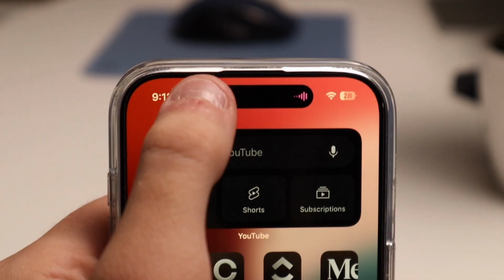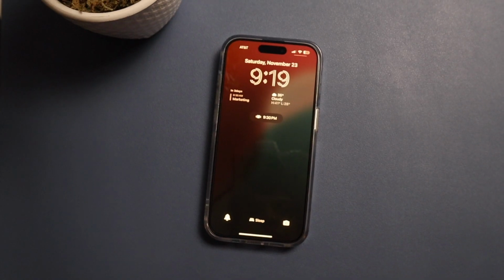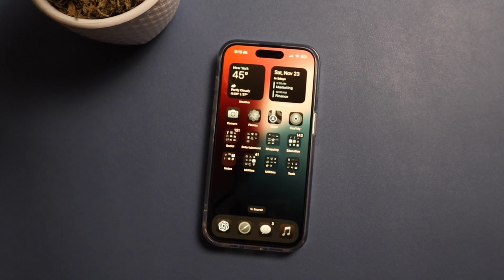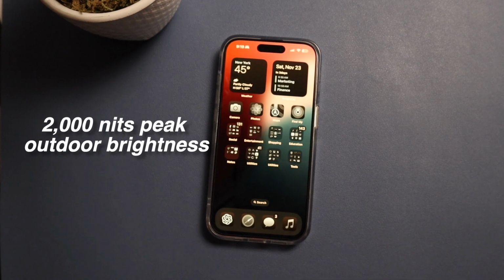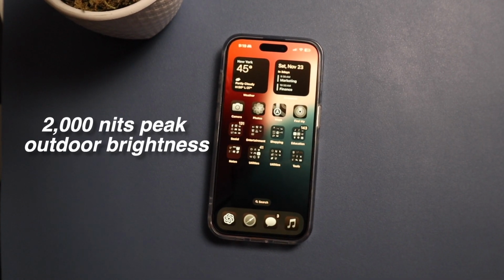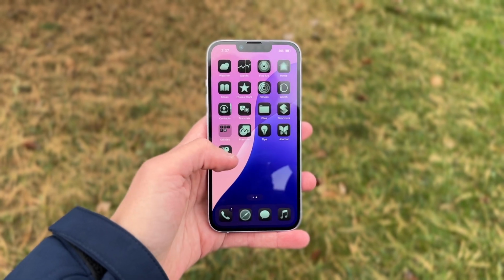Another iPhone I consider buying in this price range is the iPhone 14 Pro, which you can find for about $100 more. The iPhone 14 Pro has some noticeable upgrades, mainly that it has the Dynamic Island that I mentioned earlier, but it also has an always-on display. And then the iPhone 14 Pro does have a 2000 nits peak brightness outdoors, which really helps in broad daylight. And then of course too, you're getting all the upgrades the iPhone 14 had, like the photonic engine and